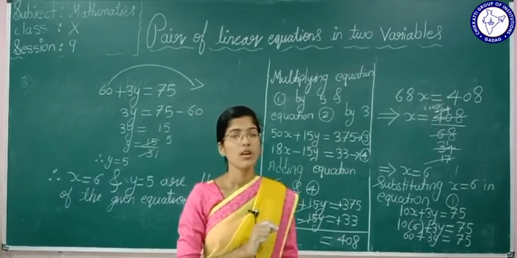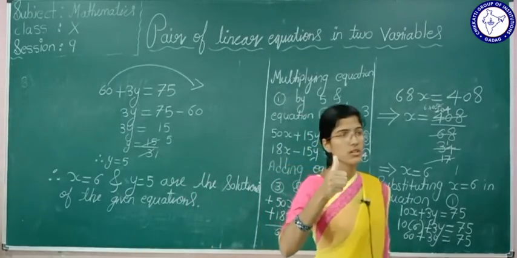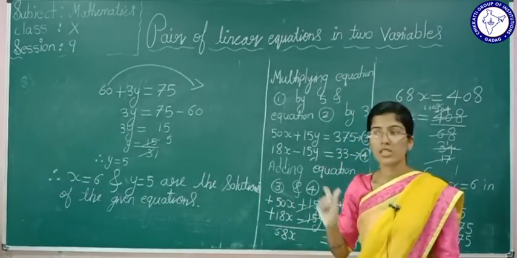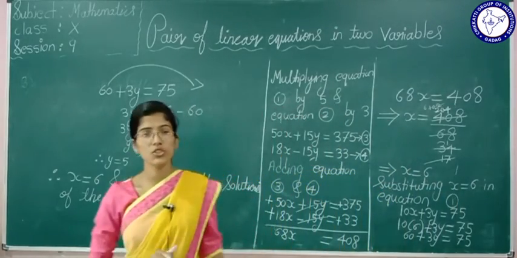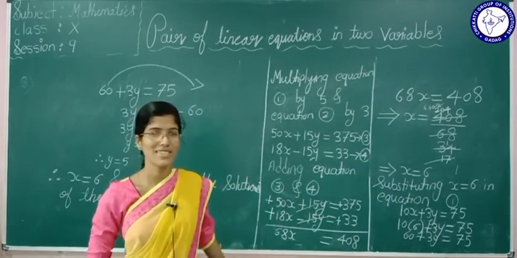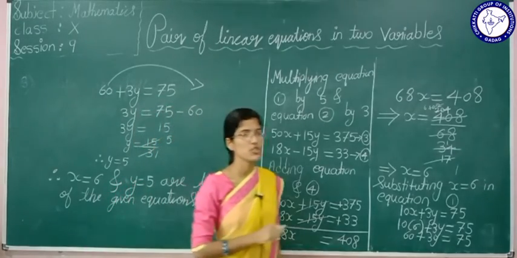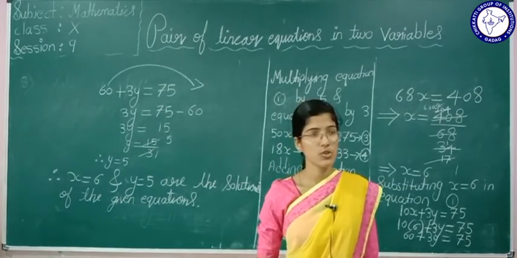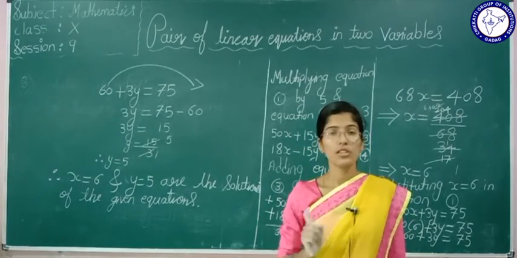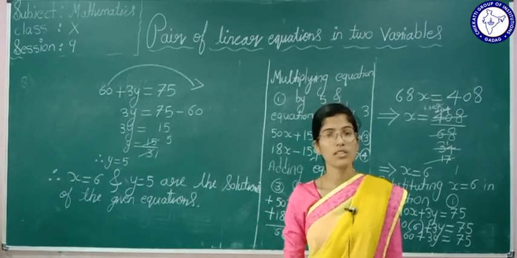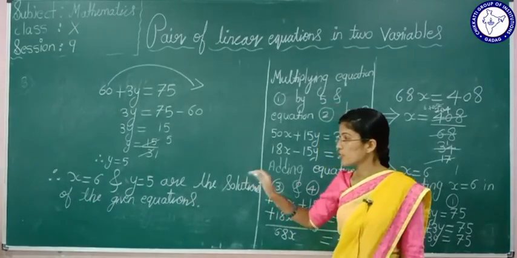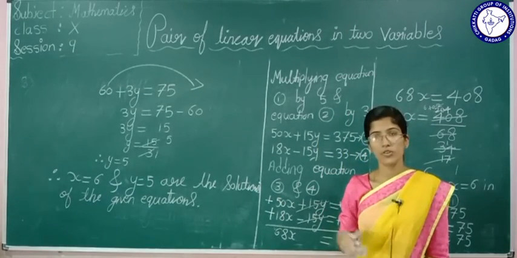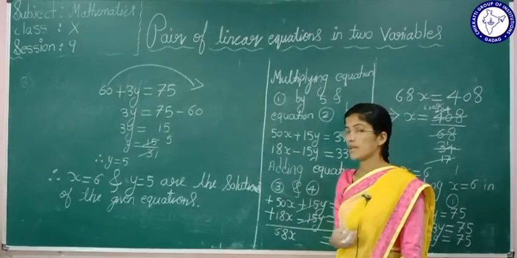Now see here, we solved a pair of linear equations by two methods, the substitution method and the elimination method. Compared to the substitution method, the elimination method is quite easier. Yes or no? You practice this. I told you in the last class, if you know the steps of one problem, you can solve 1000 problems. Same thing here also, if you know the steps of the elimination method, you can solve thousands of problems. Okay, in the next class we are going to see some more problems based on the elimination method.